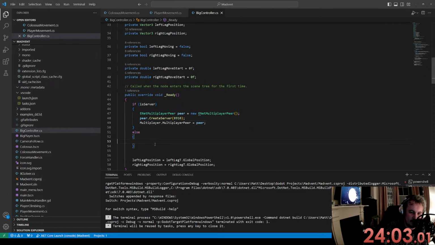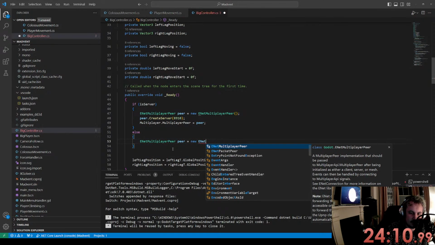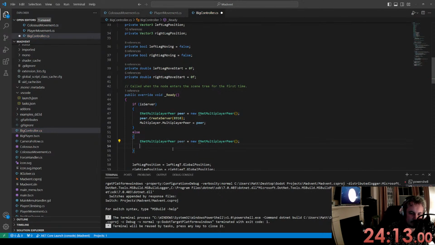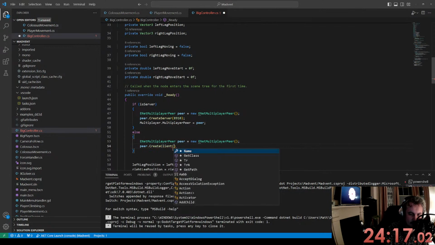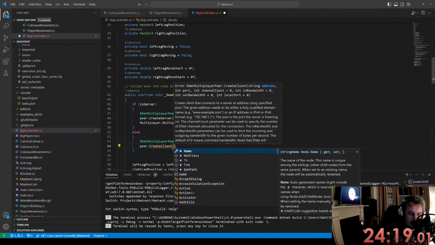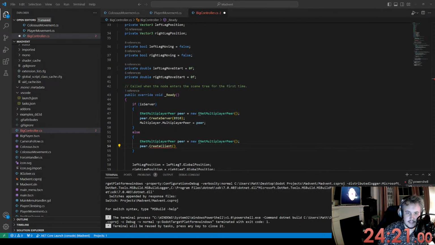And that is literally all you have to do to create a server. And then, if we're not a server, we're now a client. Peer.CreateClient, and then we give an address, which I'm pretty sure a good address to do is